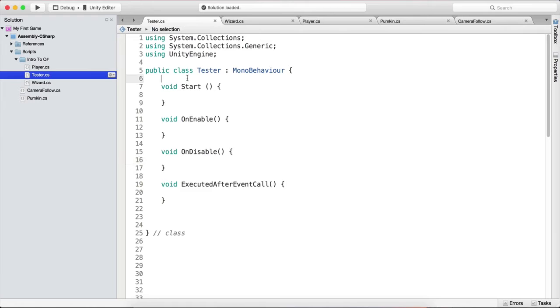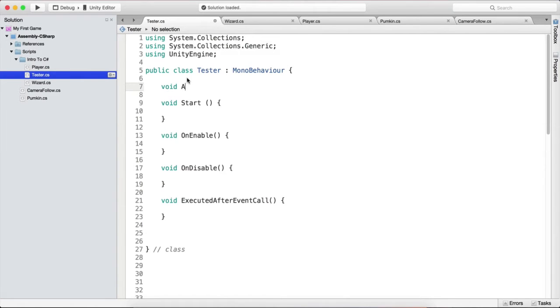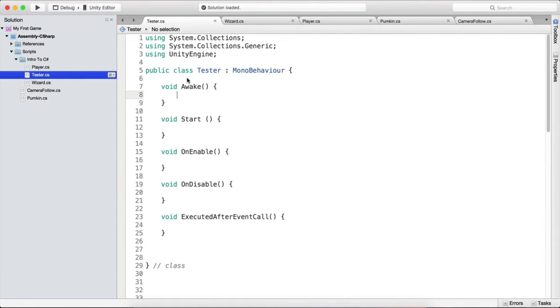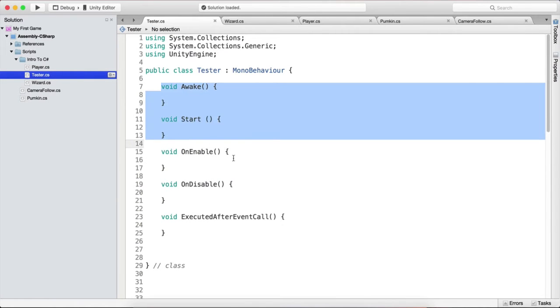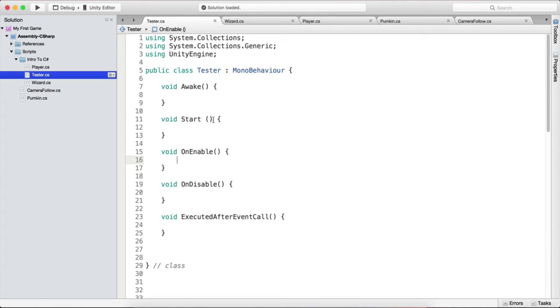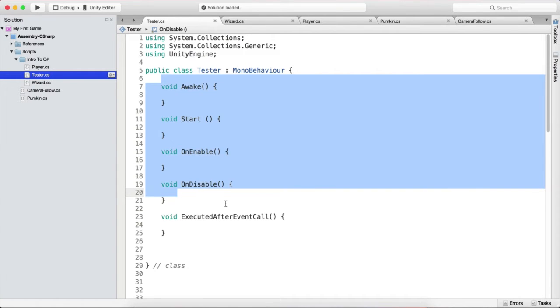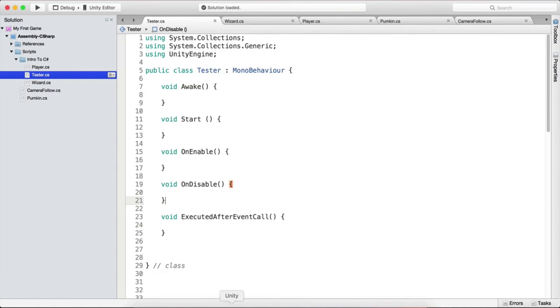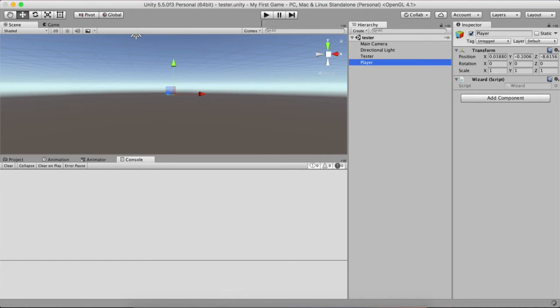Well, we know that we have void Start and we have void Awake, which are used for game initialization. Now, I did not want to talk about this right at the beginning because I wanted to get to the point where we actually need to use them. And now I'm going to talk about them. So when we go in the Unity editor and when I click this run button, the game runs,